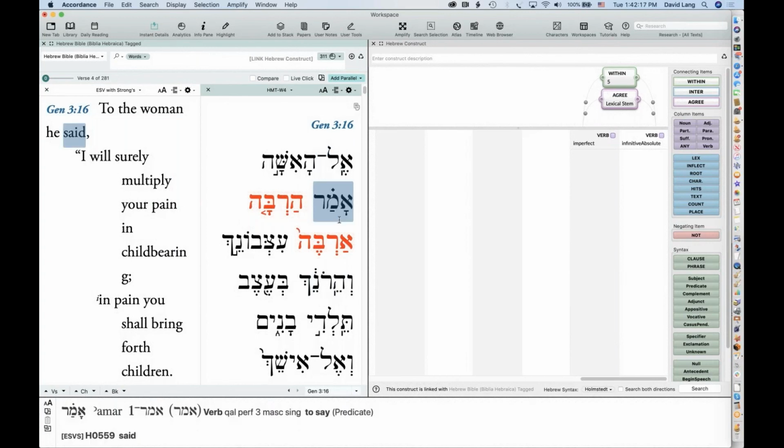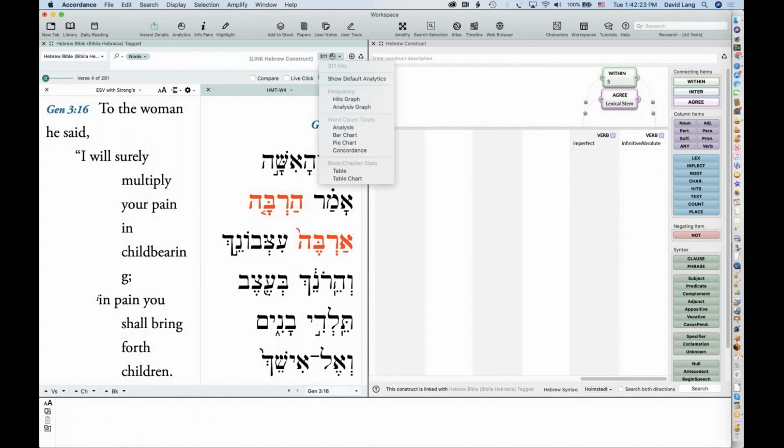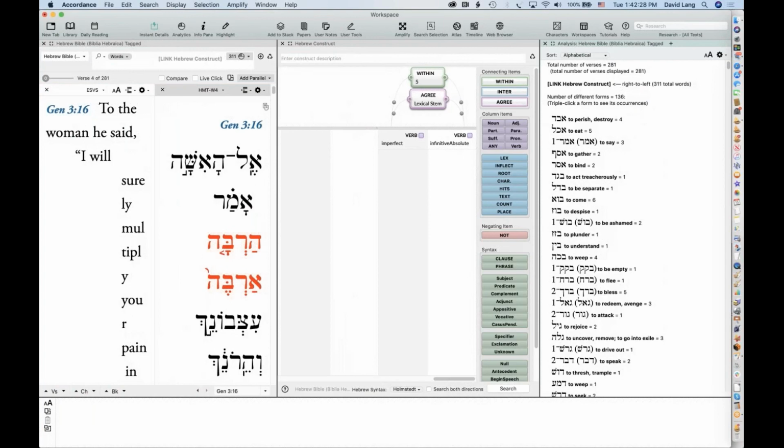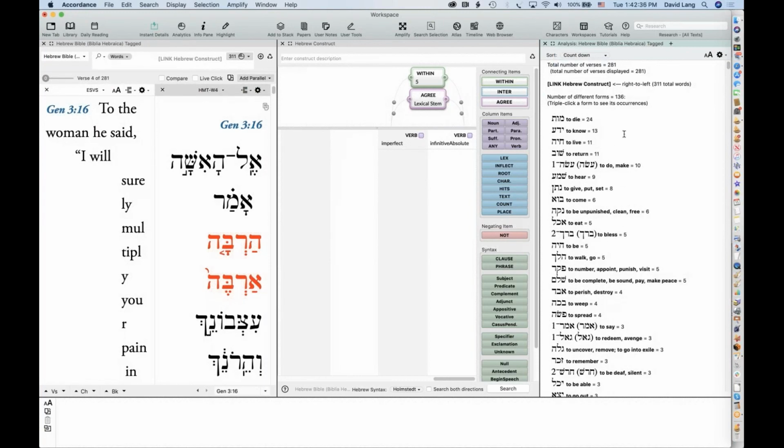If I want to see what lexical forms are used with this intensive construction, I can go to my search window and say, show me the analysis and give me a list of all the words that were found. In fact, let's count these down so that I can see what the words are that are used most frequently with this kind of intensive construction.